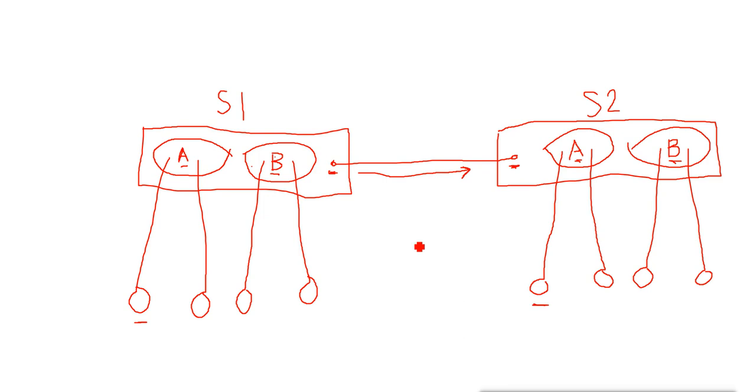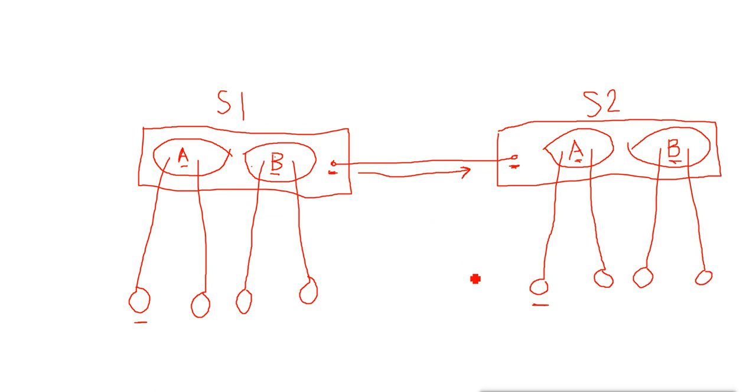So for making it work, what we need is, first, whenever any data comes for the VLAN, it must also go to this port. Then when the data goes out from this port, it must have the ID of the VLAN. That means the data must have the tag for the VLAN number or VLAN detail. Otherwise it will reach switch 2 and it will not understand which VLAN the data belongs to. So this is the identification of the VLAN, or what we call tagging the VLAN.